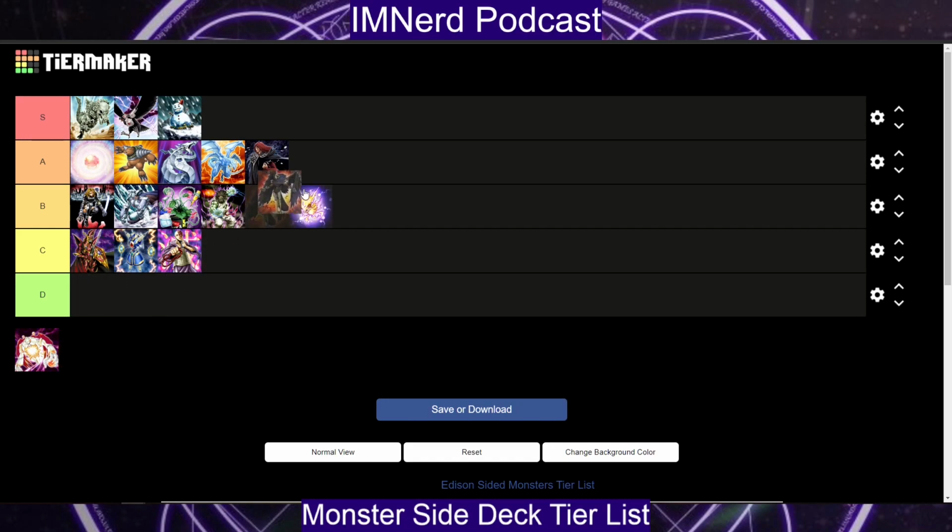Okay, Sirocco. So I'm gonna put this in A tier. Most of the decks that you would see this sided in are probably going to be frog decks. I don't really know what other deck would side Sirocco. I'm trying to think, is there anything else that would side Sirocco? Yeah, I don't really know. I think frogs are just the deck that sides this card,